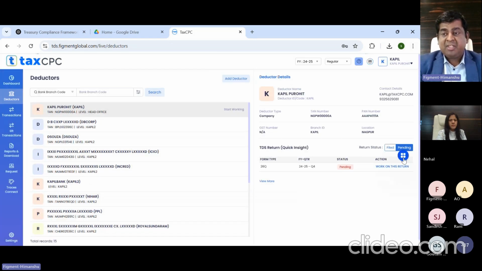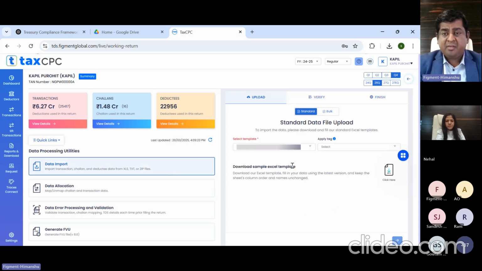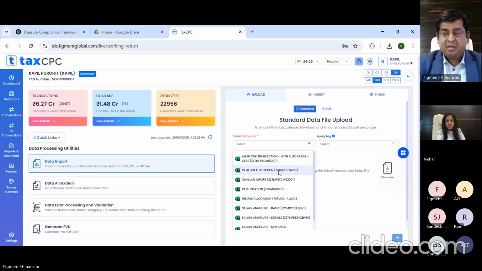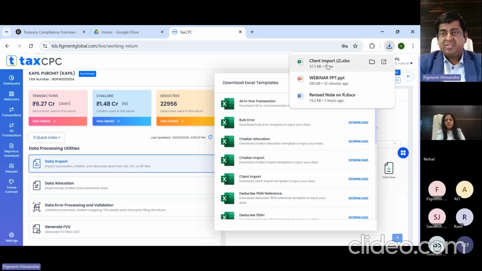You will see a hover icon here. As soon as you click on it, the Working Return option will come. Under that, the Data Import option is there. Under Data Import, we have the template. You can see there is a template of Client Import. So you can download this Client Import template. Once you download the Client Import template,